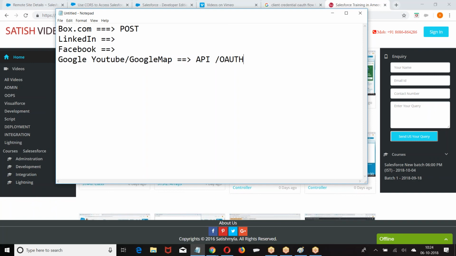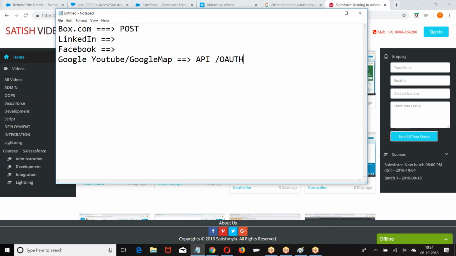So what is the first format? Username, password: client ID, client secret, username, password. Second format, code: client ID, redirect URL, code will come. Then client ID, client secret, code, redirect URL, and the access token will come. Client credentials, username, password, refresh token. Now request the code, request the access token, then send a refresh token and get the access token.